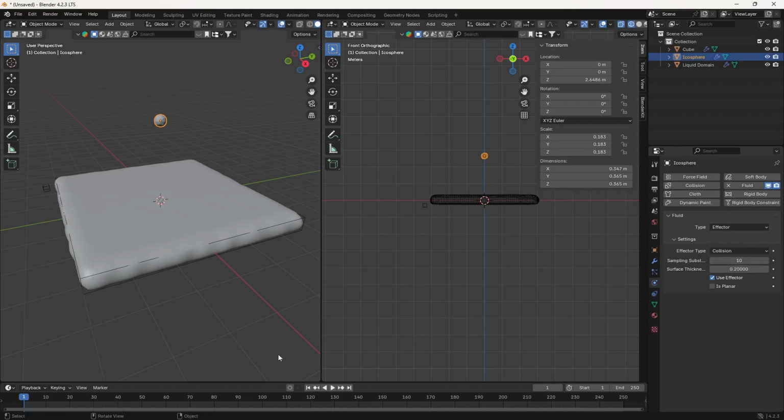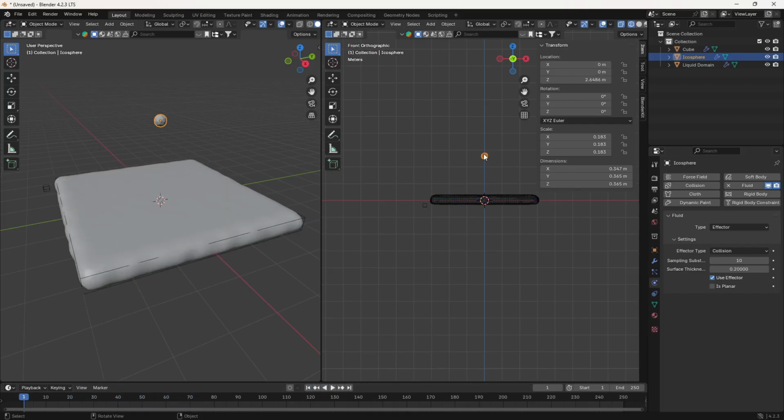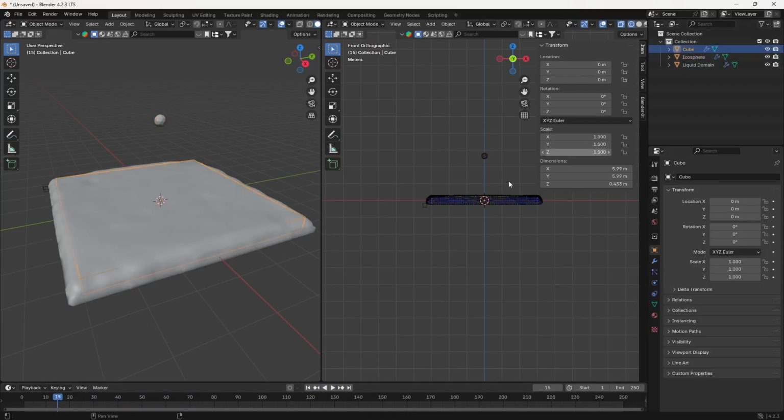Okay, and if I click on play now, it's not going here. It's not colliding because we need to animate it. So now let's animate this. Now we need to basically collide this icosphere with our water. So let's click on the icosphere and here go to your object menu, and we are going to animate our location here. So on 15, we are going to animate location and rotation. Okay, and we are going to make this go downward here.